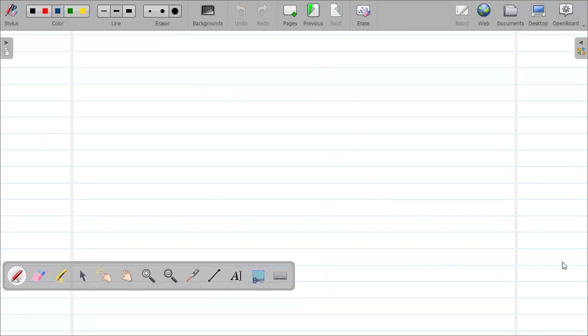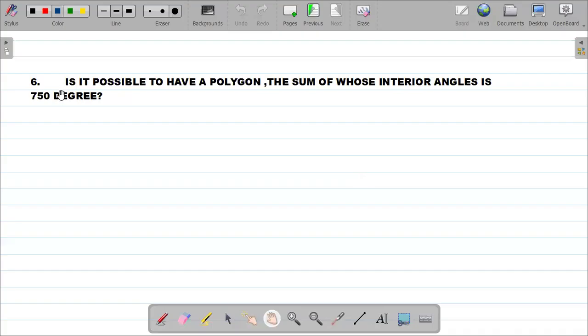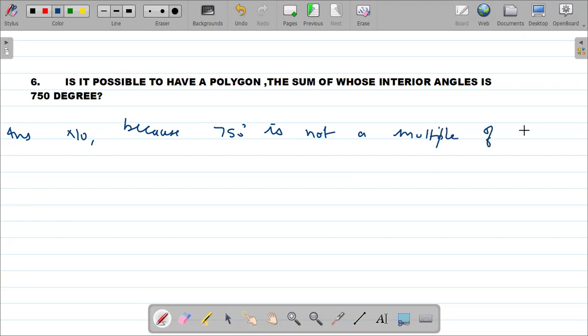Let's move further. So for the last question, question number 6, which is the last question of this video: is it possible to have a polygon the sum of whose interior angle is 750 degrees? So what would be the answer? Answer would be no. Why no? Because 750 degree is not a multiple of 180 degree. So it is not possible to have a polygon the sum of whose interior angle is 750 degree. So it was all about exercise 11.1,